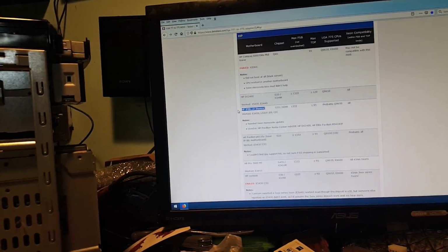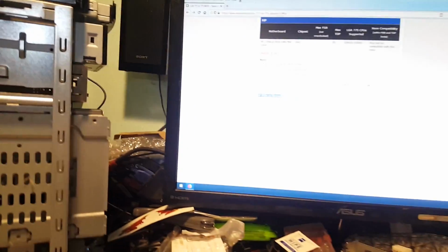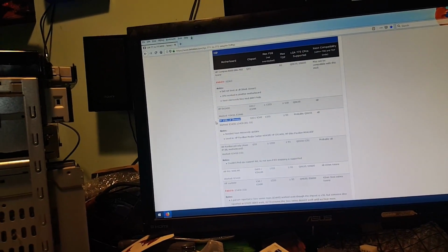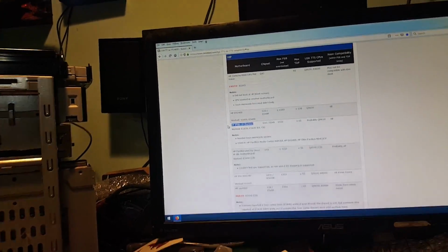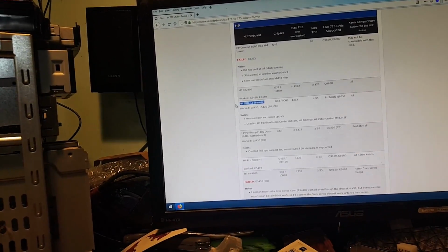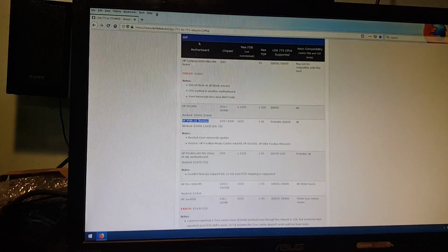Because, like I said, you can put a 9650 in here, and that's a pretty cheap processor. Well, it's cheap for what it does. You can probably get them on eBay now for about $40. I think that's about what they're going for. But you can go even cheaper than that if you go to